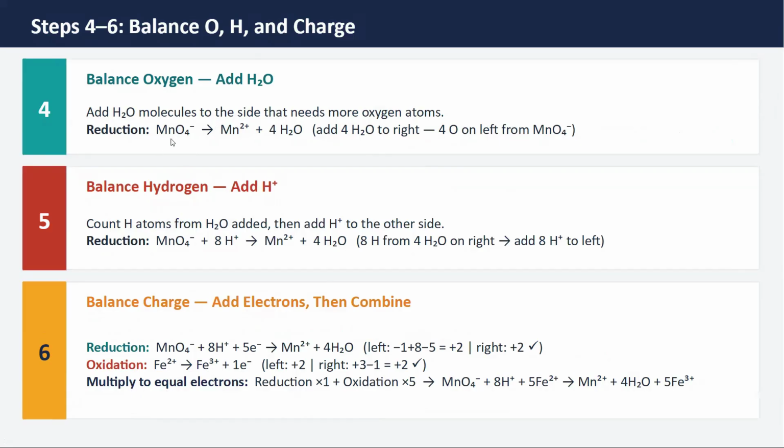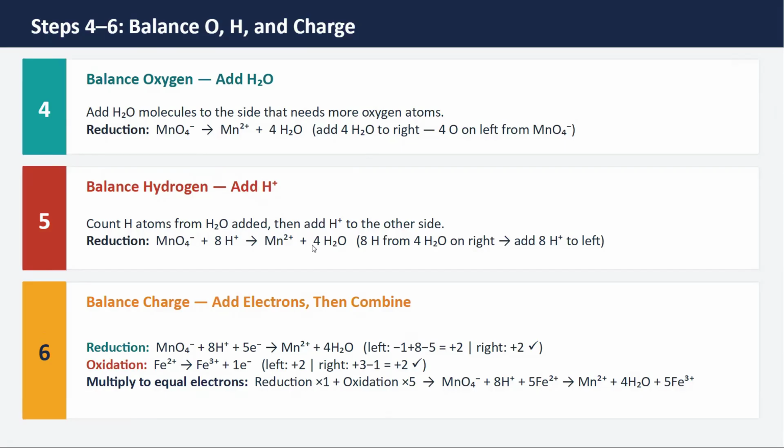So in the reduction part, if we see, MnO4 negative has 4 oxygen atoms. So in the product side, we add 4 water molecules, so we can have 4 oxygen in the product side as well. Now the fifth step is balance hydrogen, add H positive. So you count hydrogen atoms from the H2O added and then add H positive to the other side to balance hydrogen